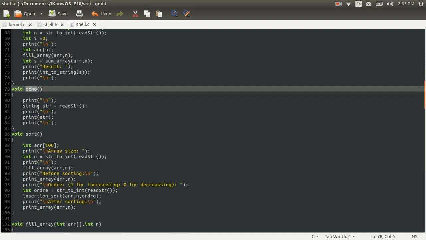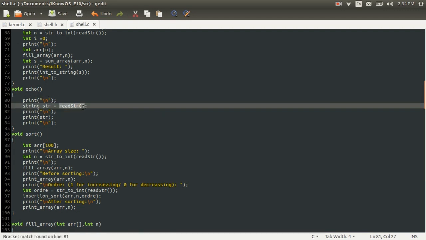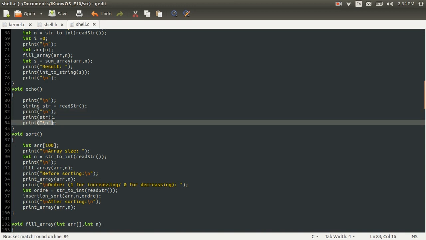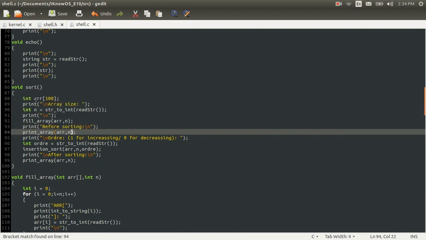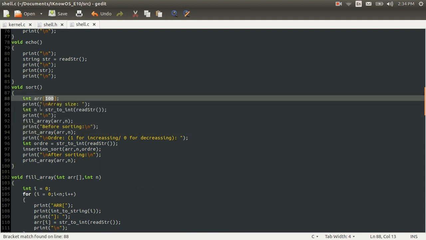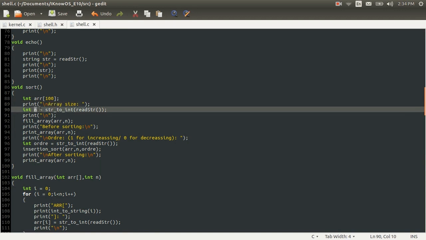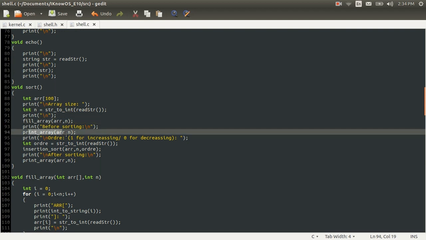Now the echo function simply takes a string from the user input, prints a new line, prints that string, and then prints a new line. Pretty simple. Now the sort function creates an array of size n, prints the array size, takes the array size from the input stream, and then fills the array with the same function we created earlier, and then it prints the array before sorting, and then calls